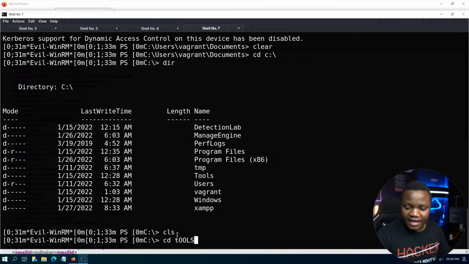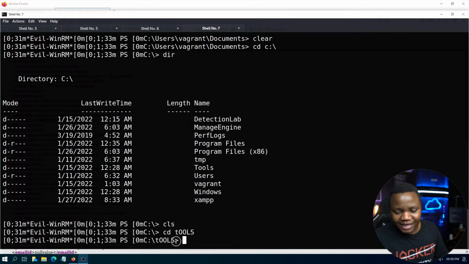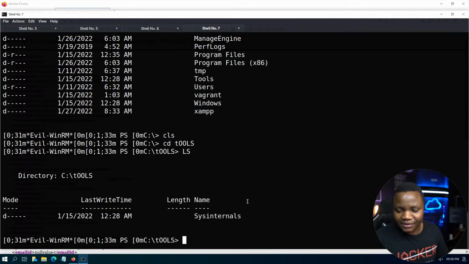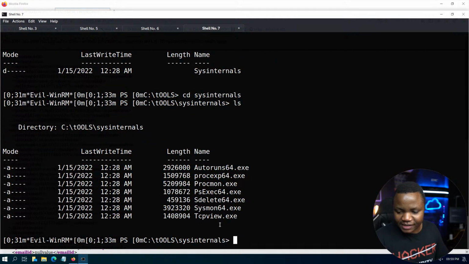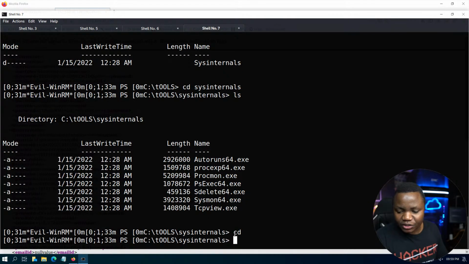I like tools. I know, oh, by the way, Windows is not case sensitive. It will take whatever you give it. You see, I just went ls using that. So I have Sysinternals here. See, I told you it's not case sensitive. And as you can see, here's some Sysinternals. Why would anybody put this here? Because administrators like to make their life easier. They will put tools here. Go to Google: how can I use Sysinternals to enumerate a system? Today, I'm not in the business of Sysinternals though. So I'm just going to go to